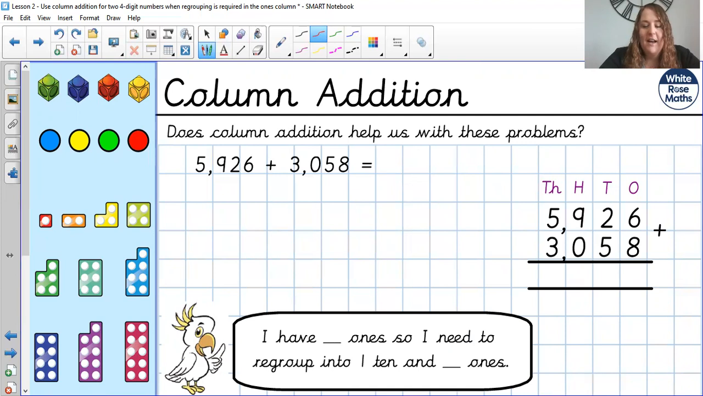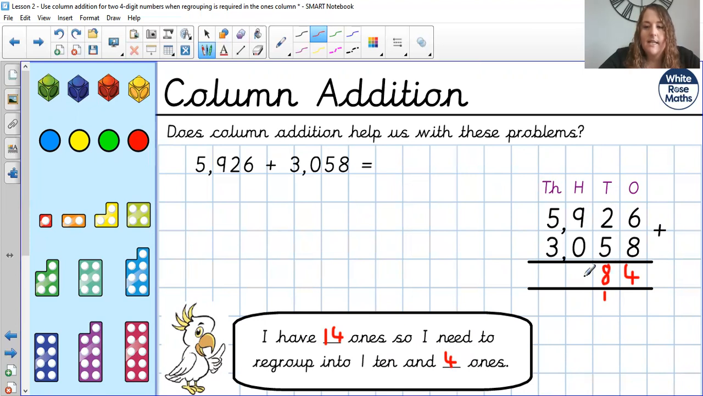Okay, hopefully you've had a go at that one and found that one okay, but let's do this one together. So we've got 6 add 8: 6, 7, 8, 9, 10, 11, 12, 13, 14. So I'm going to put my 4 in my ones column, and I'm going to carry that 10 over. And if I'm using my Coco vocabulary, I have 14 ones, which means I need to regroup into 1 10 and 4 ones. Then I do 2 add 5, which is 7, add 1, which is 8,